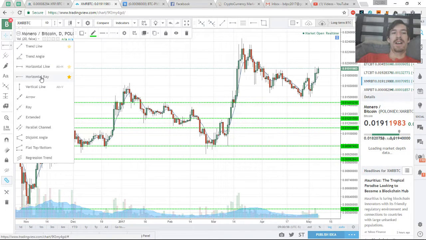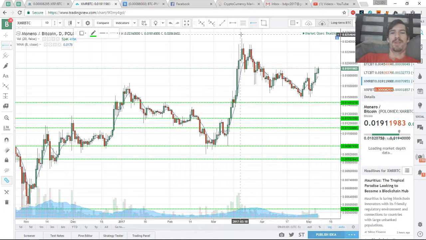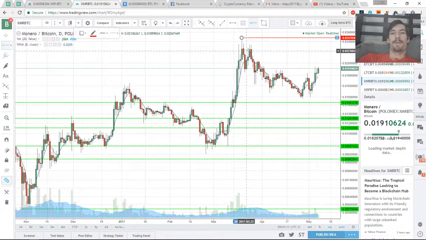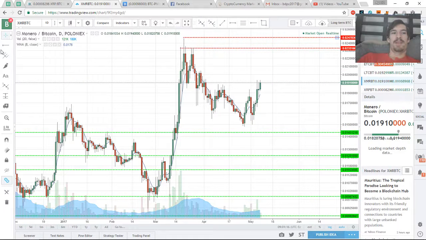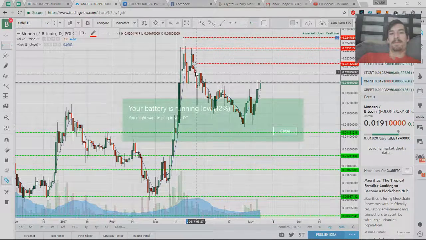So we always want to look at the higher time frames first before zooming into the lower time frames, because if we can draw a bunch of lines on this chart, then when we zoom in, we'll have a much better idea of where a price might turn around. So you'll notice I'm adding these resistance lines up here now, as the price is below these areas right now. And what you'll see here is